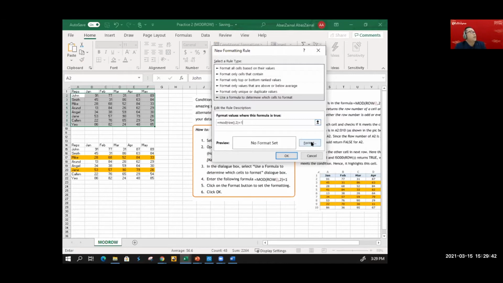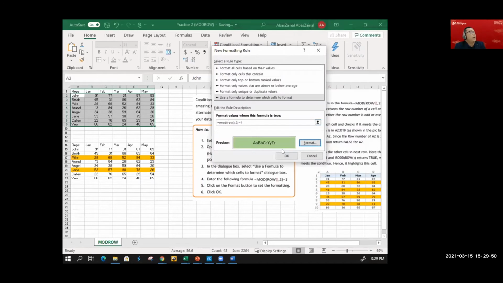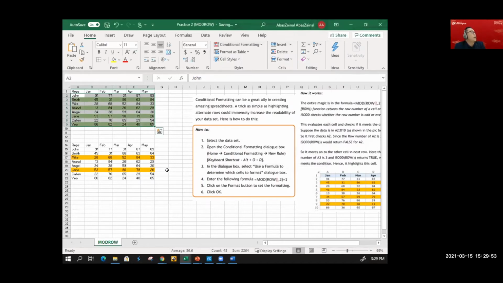After that, I click on Format, then I click on Fill. I select the color that I want, click OK, click OK once again, then the color will change according to what I have done. Yes, color must be selected first.